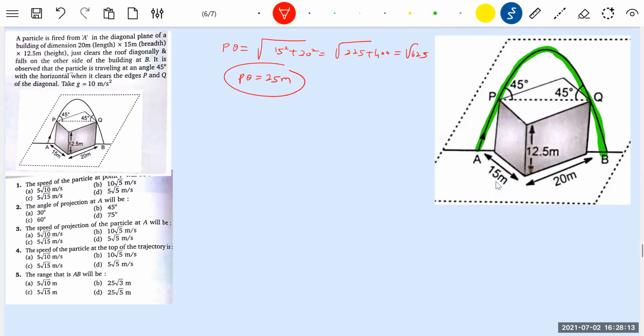Then what can we get? Shall we treat this like a part of a projectile? I'm projecting here with a speed u, no doubt. Here I projected with a speed u. But when it arrives here it will have some other velocity, not u. Everyone, please put effort to analyze here. Is it okay? No, that V. So shall we say PQ is some sort of a range for this part of the projectile?